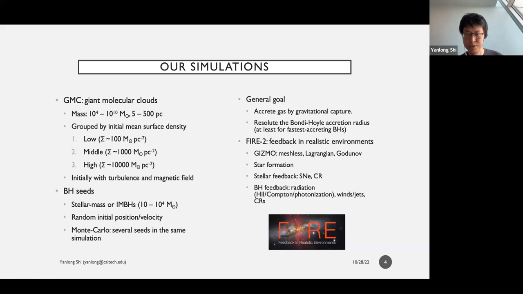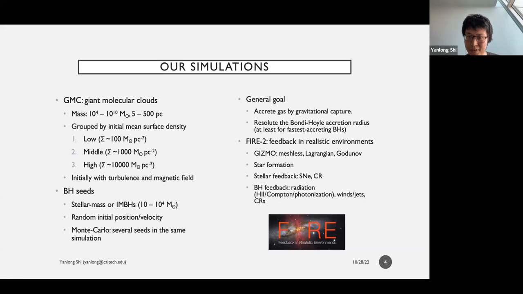So the general goal is to create a setup where, instead, we put many black holes inside one single cloud and make sure that the number of black holes will not impact the evolution of the system. And also the general goal is to create gas by gravitational capture, which is well studied and described by this kind of Bondi-Hoyle equation